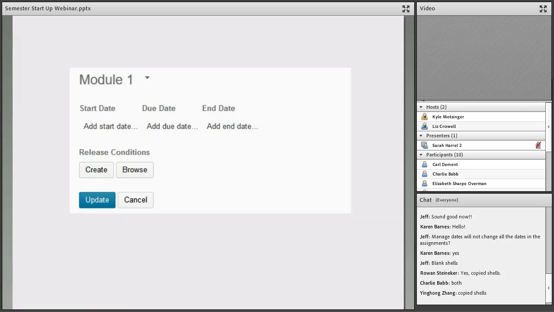Additionally, you can see the opportunity to add release conditions. And Charlie, that's where you would add a condition that they have to have completed the previous module's checklist or the previous module's Dropbox discussion, whatever you want that based on. Just like dates, release conditions apply to only where you set them. So if you set module dates or module release conditions, that does not necessarily mean that it applies to everything